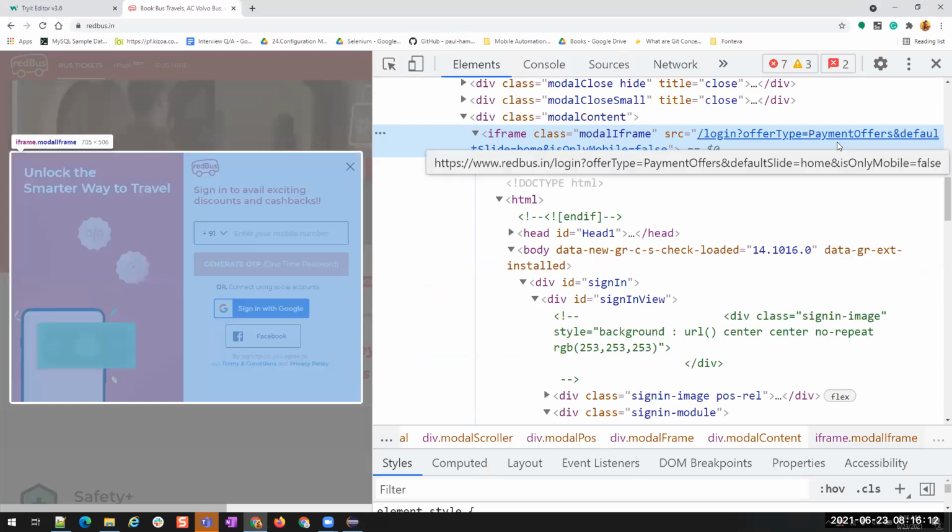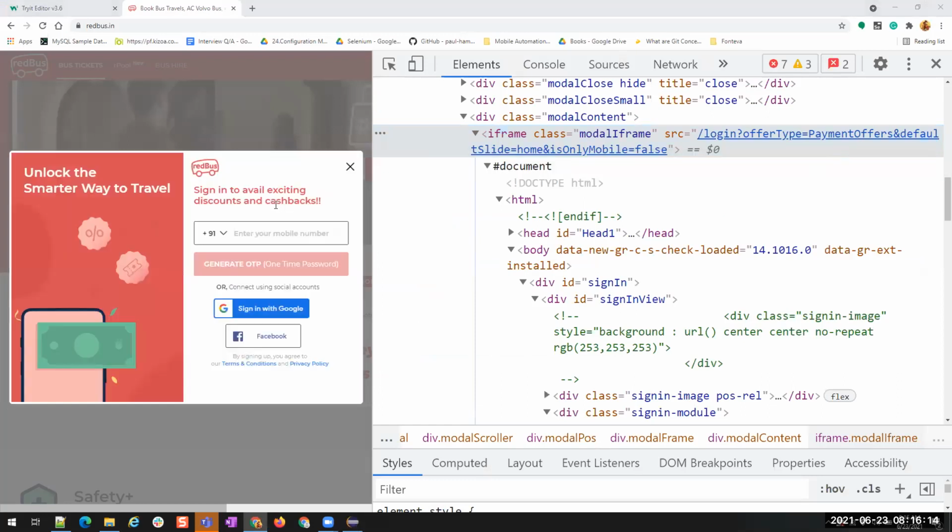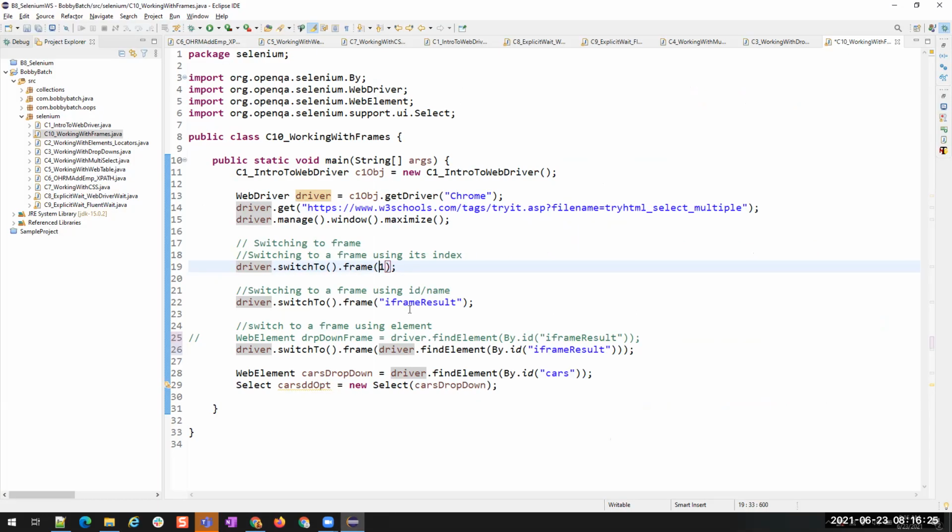The easiest way, right? No, that is the easiest way, but that is also the riskiest option to use. The easiest way is using its ID or name, if it has an ID or name. But if it doesn't have an ID or name, then we have to use this. If you are using index, that means you are writing fail-prone code. That means your code will definitely fail at one point or another.